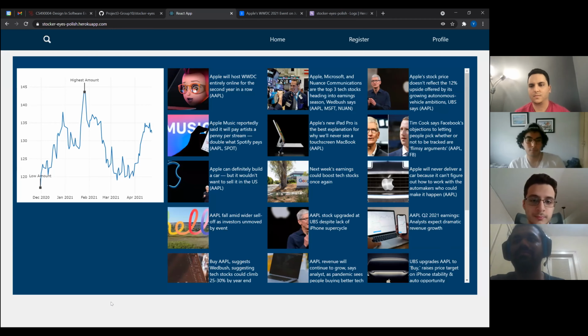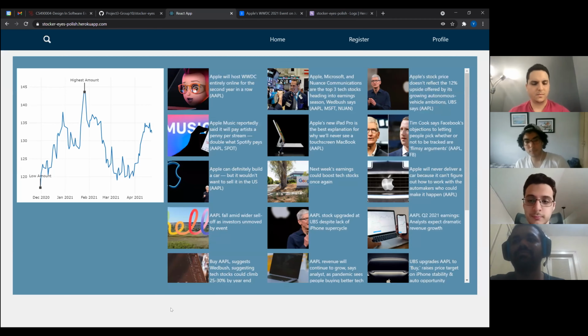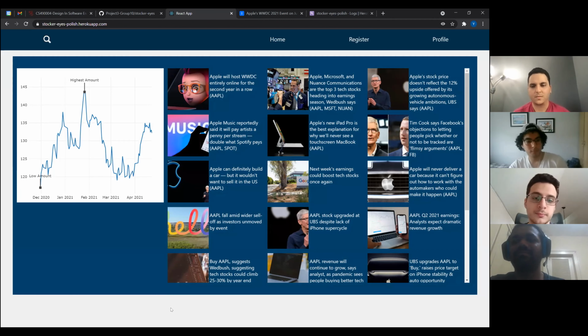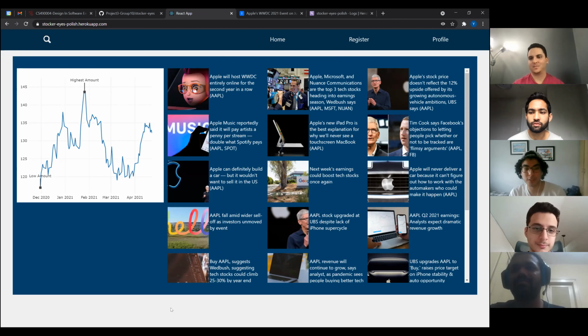Okay, and what would you say is one of the biggest technical challenges you had to deal with here? I can answer that. Honestly, one of the biggest technical issues at first was rendering the chart because we kept running out of heap space, especially when rendering 3 different charts. So we had to specifically import the Plotly Finance library, not the whole Plotly, in order to save some heap space.